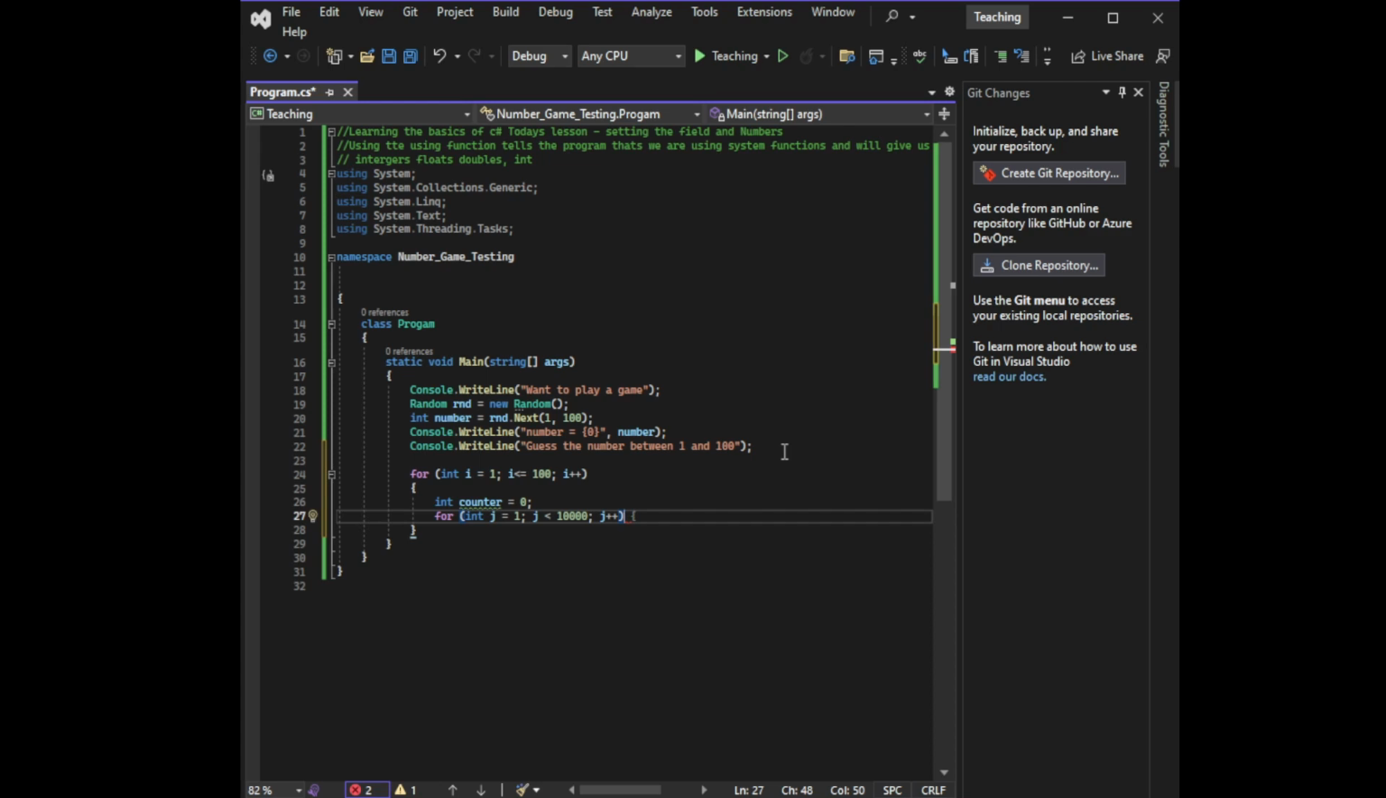And now we need to come down again. We need to open up another set of brackets, and then of course number = rnd.Next(1, 100); and if number is equal to i, counter++;